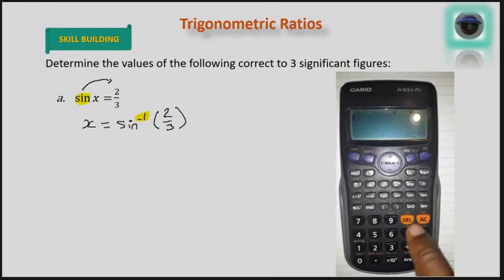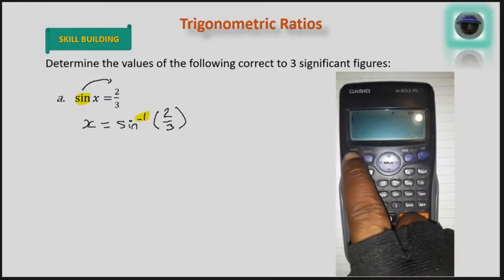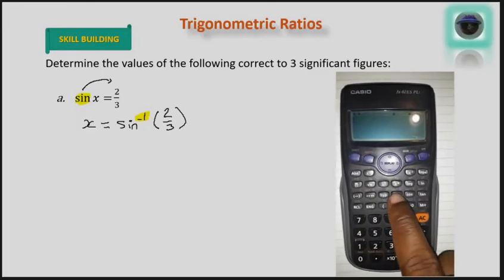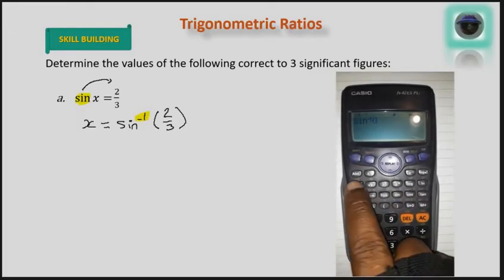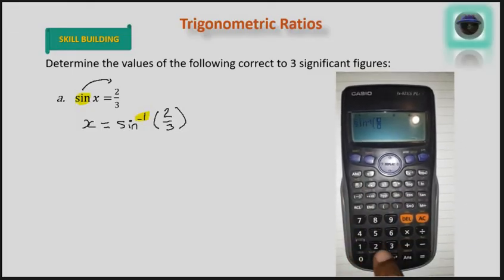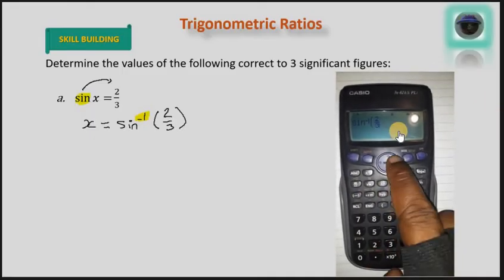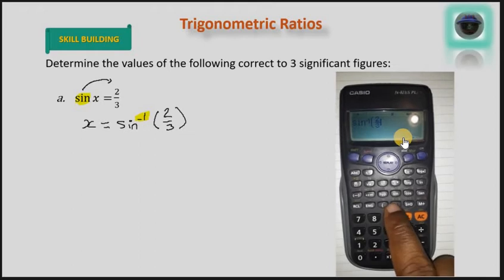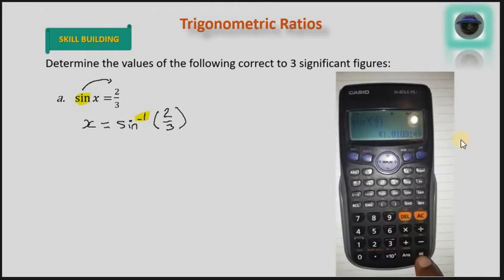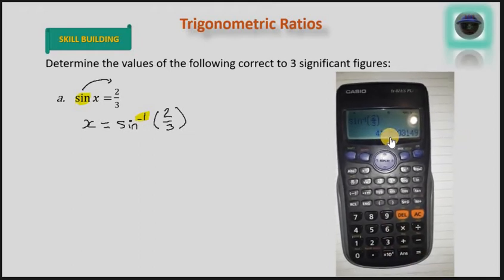We could actually also press Shift, then press sine, which gives us sine inverse, and then we press the ABC button, or the fraction button here, so we can enter the fraction 2/3. Then equal, and we get 41.8. So sine inverse of 2/3 will give us the value for x, which is